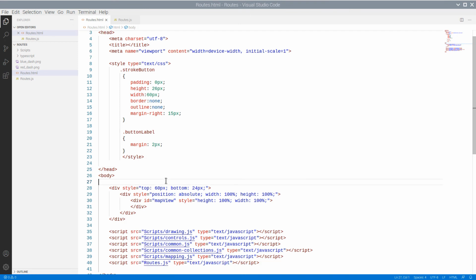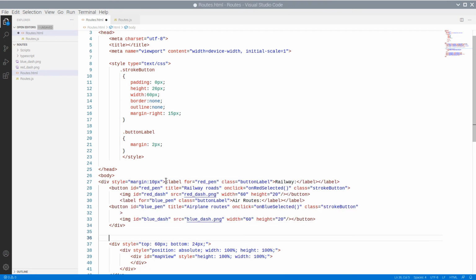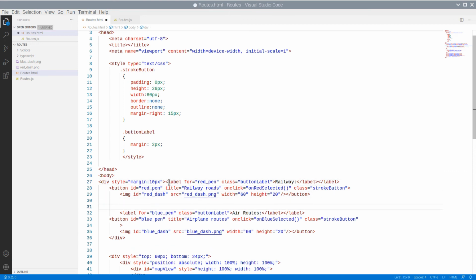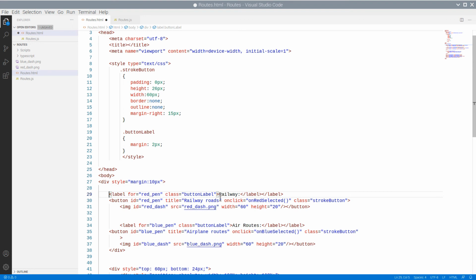Here is the code for the buttons and their labels. This HTML snippet creates 2 buttons that have an image each one. They have an ID of red dash and blue dash respectively. Both have event handlers for their click event, on red selected and on blue selected.